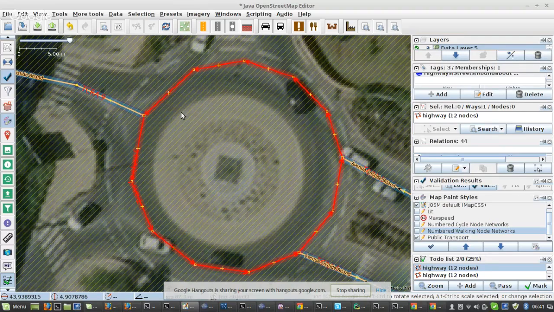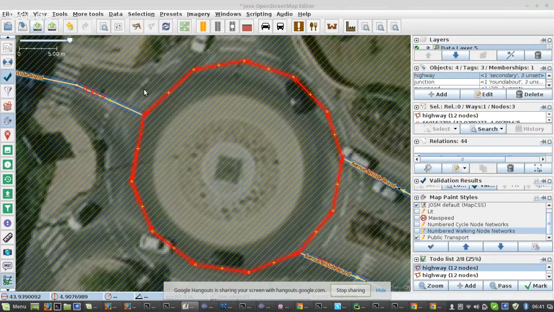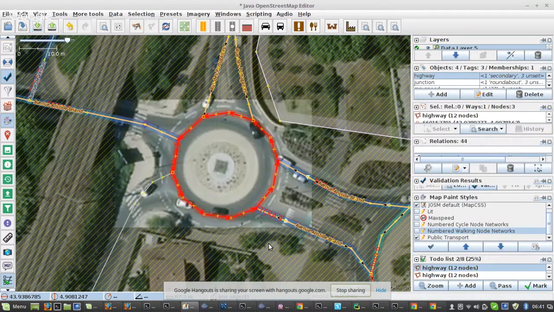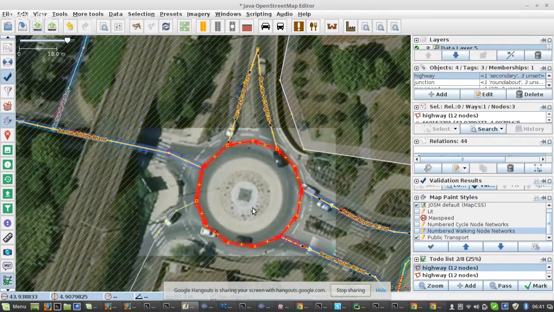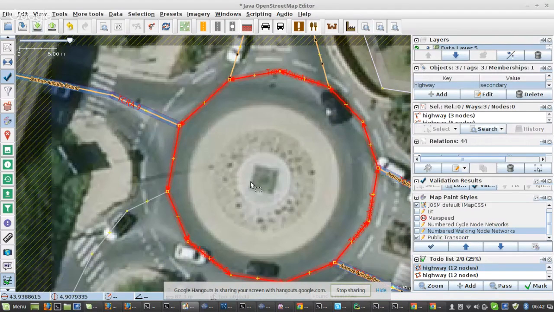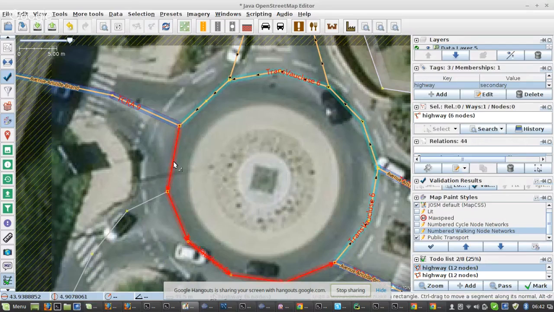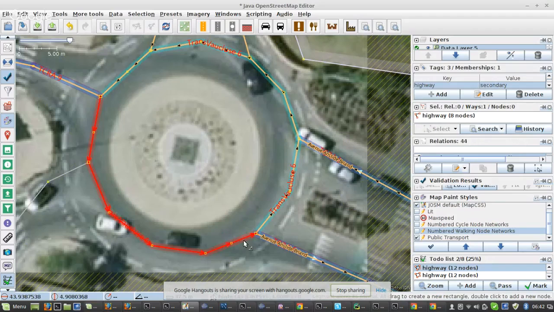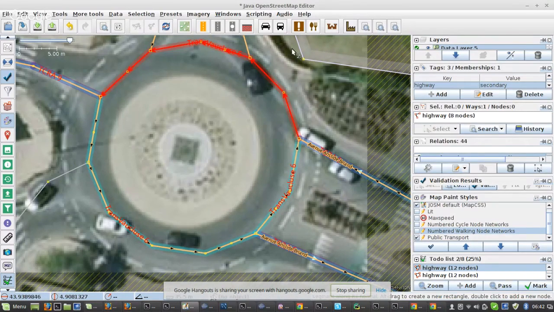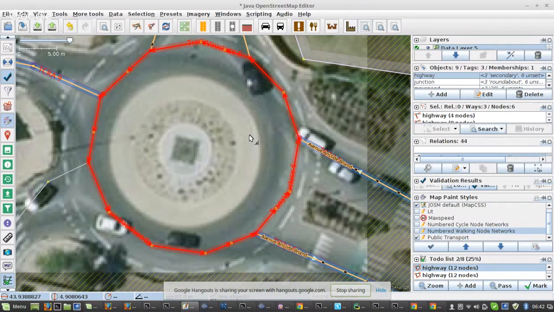I put this one in the view. I use my search function to find those nodes, download more data. All bus routes on these ways, so that's okay. So I split it here. I like to have another node there, one there. Maybe another one here, and there too, and there too. Okay, so now if I select the ways and then press O,